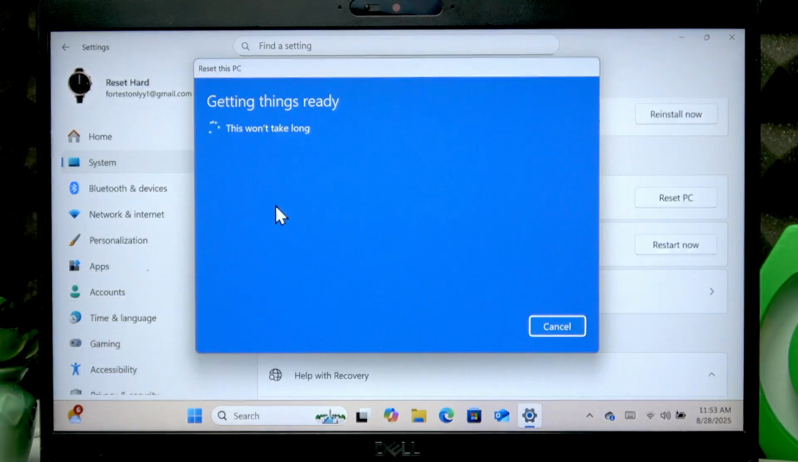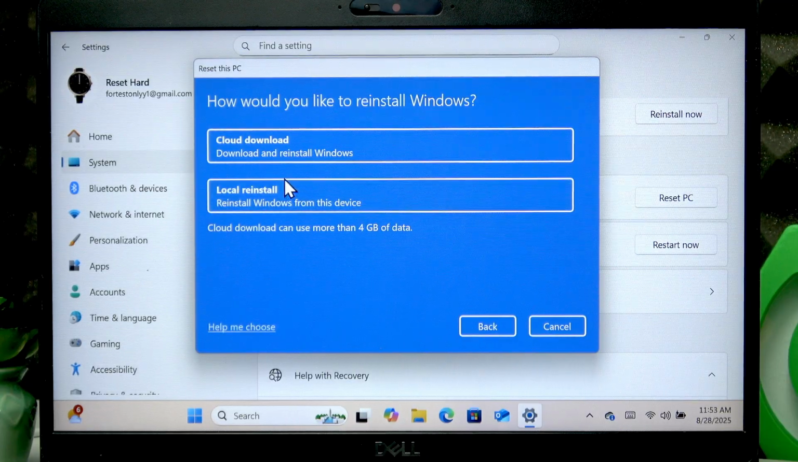Then if you are connected to the internet, you'll be able to choose whether to perform a cloud download or the local reinstall. Now if you select the cloud download, you will get a fresh new Windows copy from the Microsoft servers, and I recommend using this option if you're preparing your device for selling, or if you